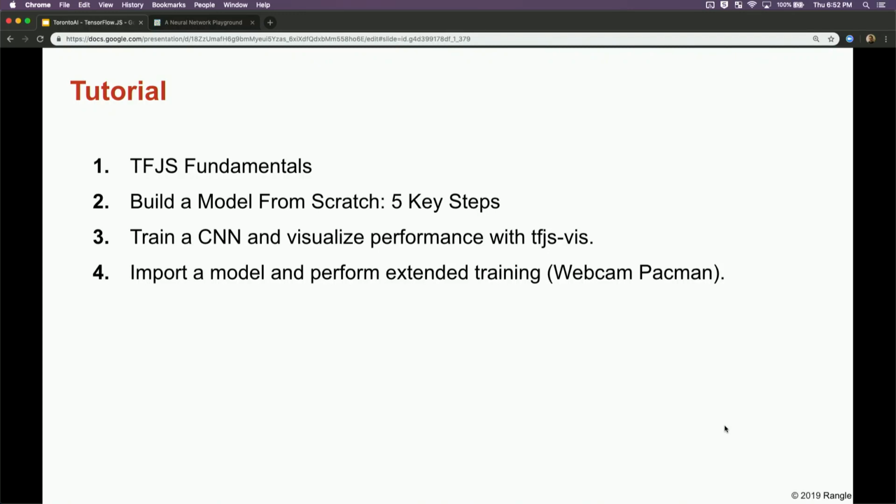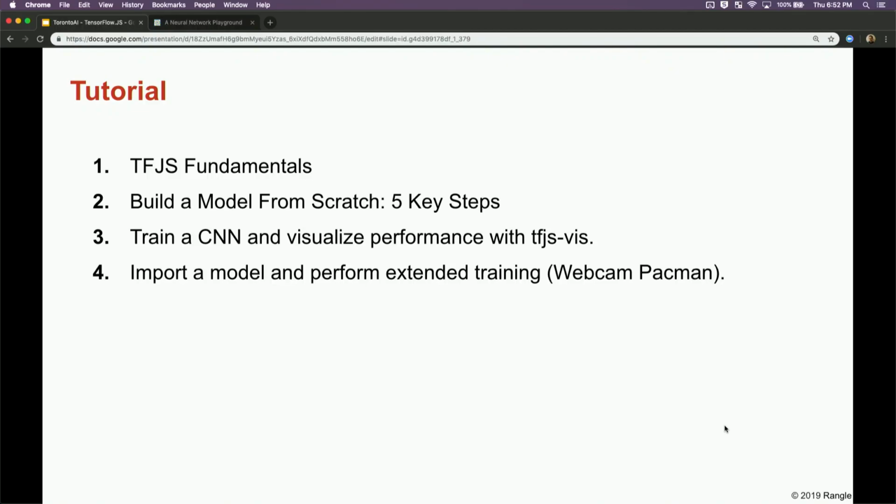The third thing we're going to do, and I apologize if you've seen this done to death already, is handwritten digit recognition, but you're going to see how that gets done in TensorFlow.js with JavaScript. For those that use the Python version of TensorFlow, if you're training a more sophisticated model, then you're probably logging metrics like accuracy and loss in a tool called TensorBoard.